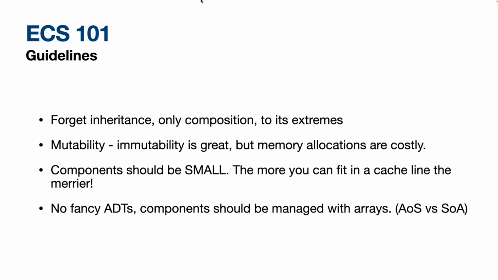And the last one is, when managing components, you should use arrays, because in most languages, they are the only structure that guarantees you will have them consistently, contiguously in memory. Again, you may have two different approaches, AOS and SOA, but for now, let's dive a little bit more in detail in the single